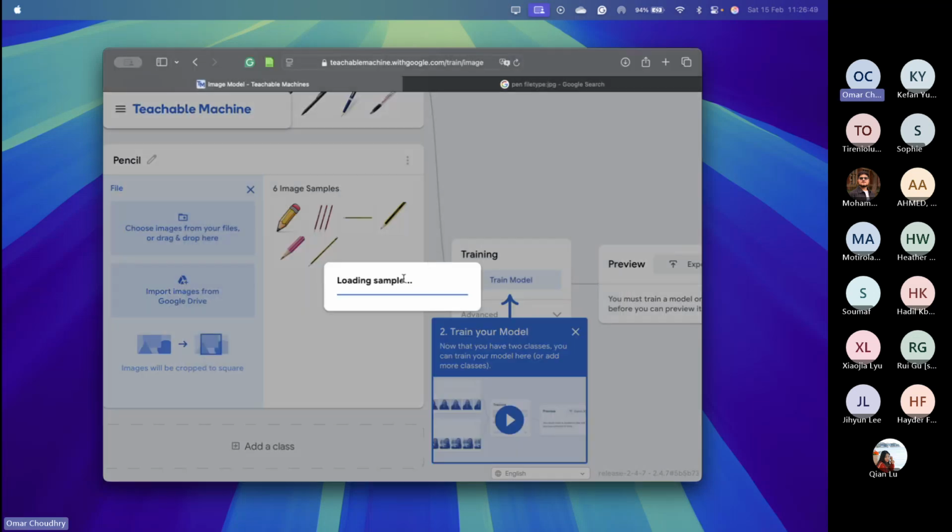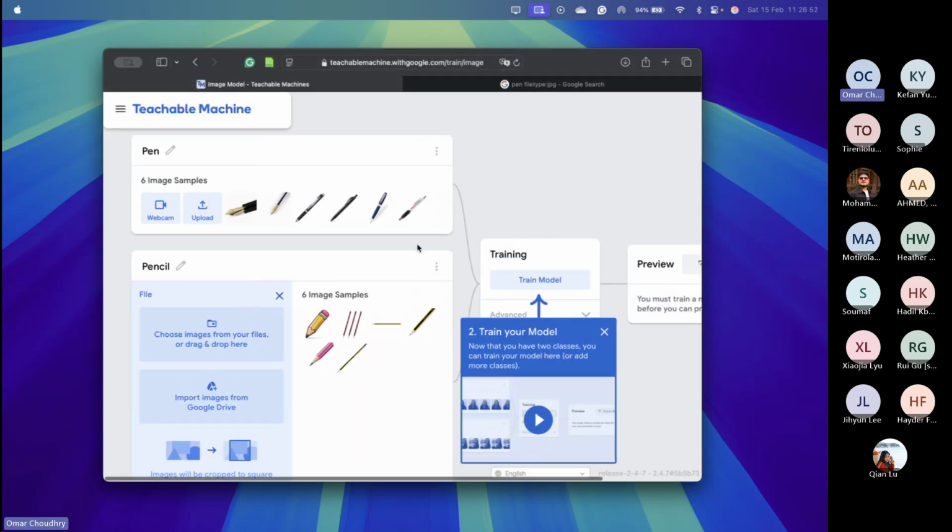I can add all the different pencils. And at this stage, what I've done, and this is what you would do in any kind of machine learning project, even the very, very largest ones, like when you're training ChatGPT, you need to collect data and you need to label it. So our form of labeling was just to tell it which object was which. Obviously, you can go into more detail for that.